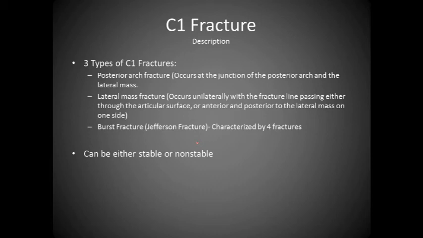So that brings us to a C1 fracture. There are 3 types of C1 fractures. There's the posterior arch fracture that occurs at the junction of the posterior arch and the lateral mass. A lateral mass fracture, which occurs unilaterally with the fracture line passing either through the articular surface or anterior or posterior to the lateral mass on one side. Then we have a burst fracture, which is called a Jefferson's fracture, and it's characterized by 4 fractures, all within the same